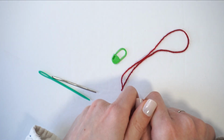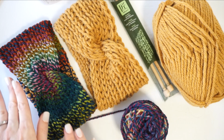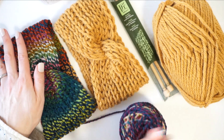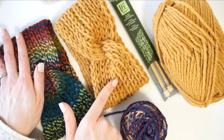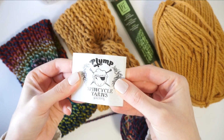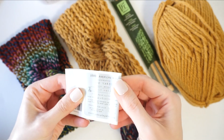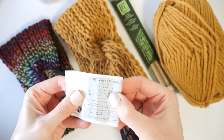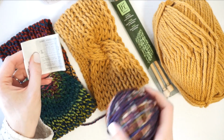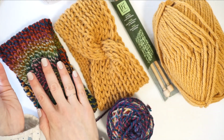I also wanted to show you real quick another version that I knit, and this one is also out of bulky weight yarn, just this yarn was a little bit thinner than the Hue plus Me. So this yarn is Plump by Spin Cycle Yarns, and it's American wool, 100 yards, bulky weight. I ended up using exactly half of a skein of yarn for this project, so I used 50 yards for